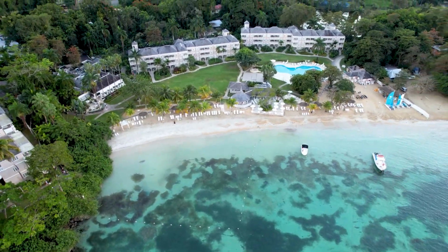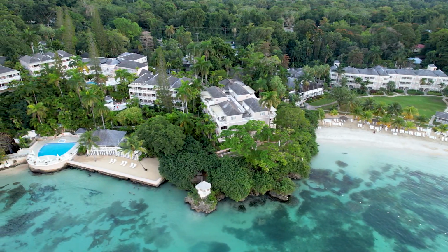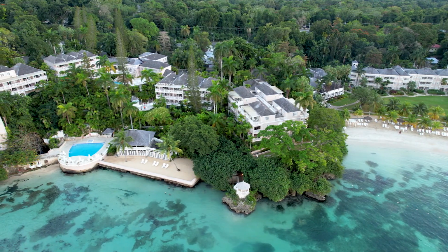Well, this is not too bad. So I don't know if we've said this before, but this is the Couples Sans Souci Resort. There are 4 Couples resorts on Jamaica, and they're considered to be some of the best on the island and also some of the best in the Caribbean. This one is supposed to be good for couples and honeymooners, so...